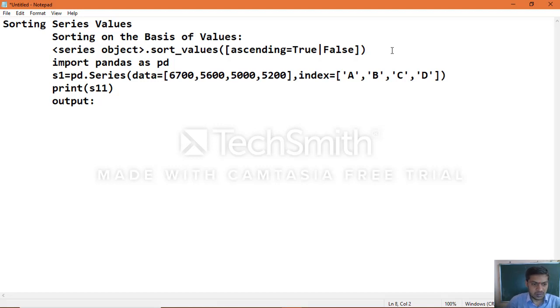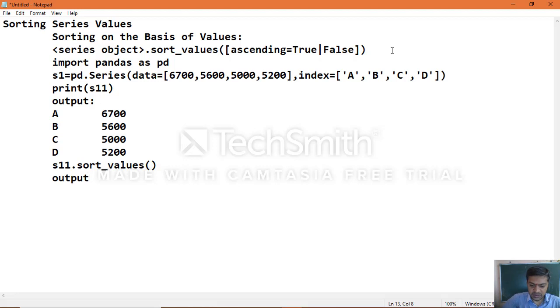You can see the output: a 6700, b 5600, c 5000, d 5200. Now we can apply the function called sort_values on the same object.